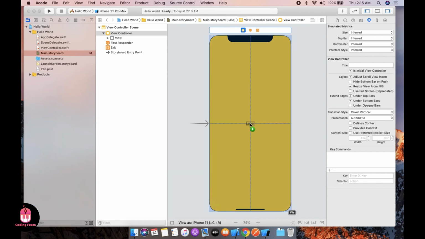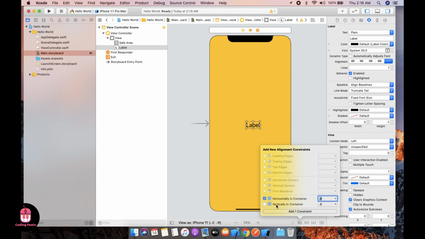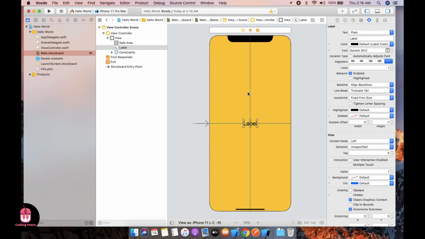Just drag and drop. The size is very small, so you can increase the size to 30 because of the center screen. From here you can change the label to Hello World.